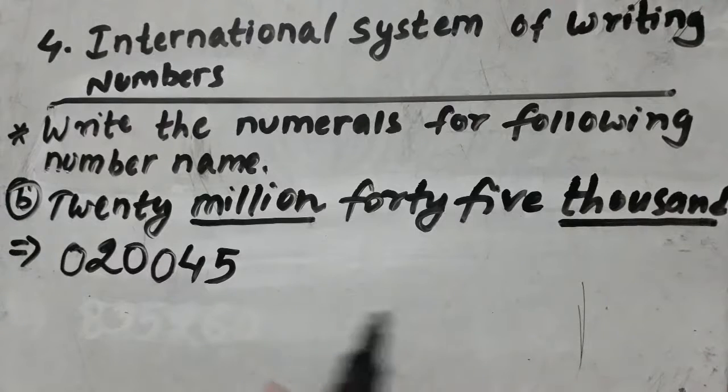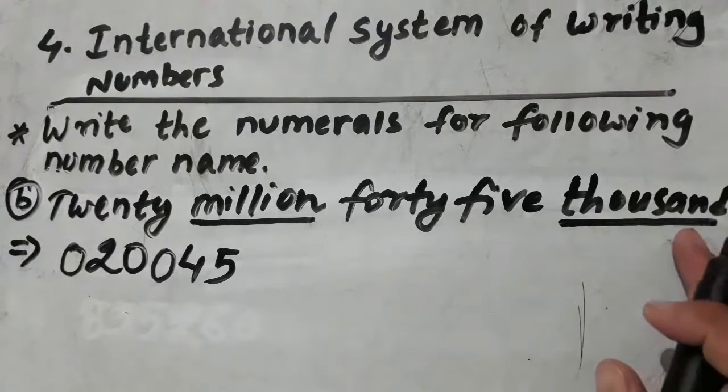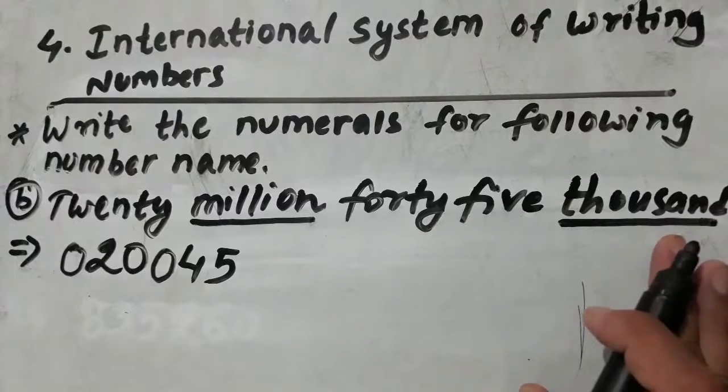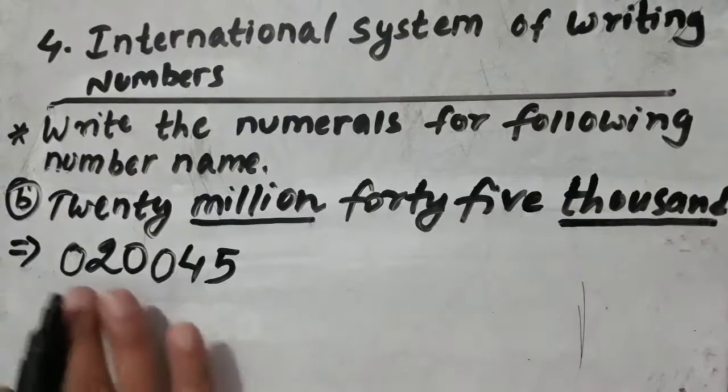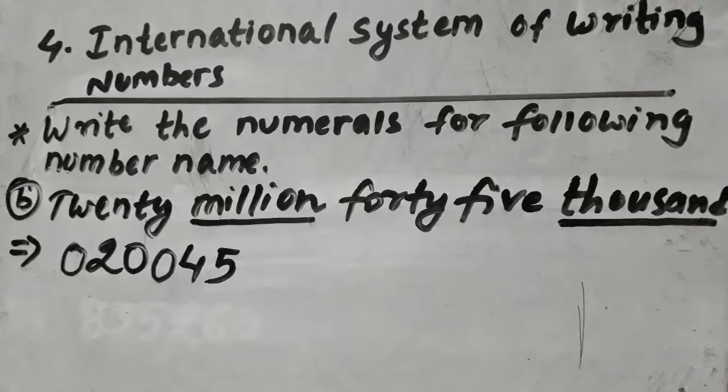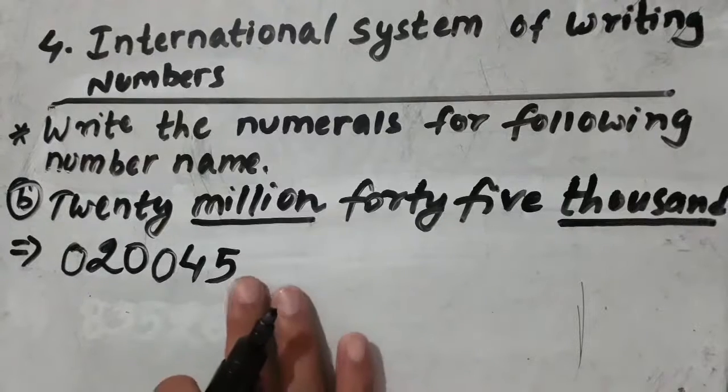Now students, we have to observe the period of ones. Now here we cannot see any terms, any sentence after 1000. 1000 भन्दा पछाडी हामीले हेर्यौ भने कुनै पनि सेन्टेन्स लेखेको छैन. यसको मतलब ones को प्लेस नै छैन स्टुडेन्ट्स. ones को प्लेस छैन भने अब हामीले यतिकै छोड्न मिल्दैन.